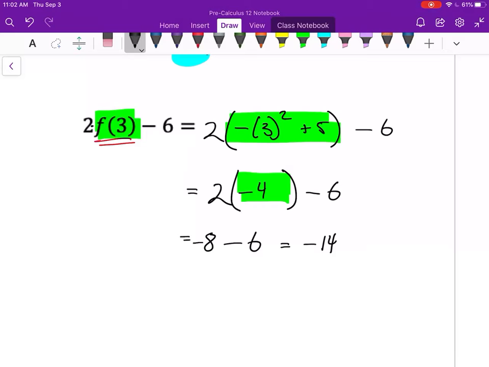So again, I put 3 into f, I get out -4, but then if you look back at the expression I gave you, I take all of that, multiply by 2, and subtract by 6. All right, so